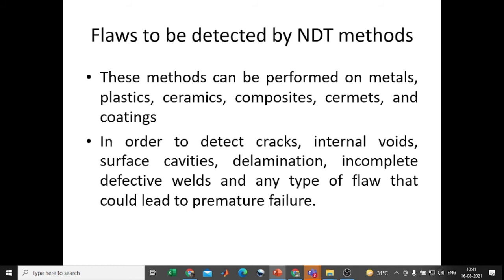For these reasons we may utilize composite materials, so that we can perform non-destructive testing on that composite material. Also, if there is any peel off or any delamination available at micro level or macro level, we can examine it with this non-destructive testing. Ceramics is used as a tool material in machining operations, so we can examine the ceramic properties and the coatings.